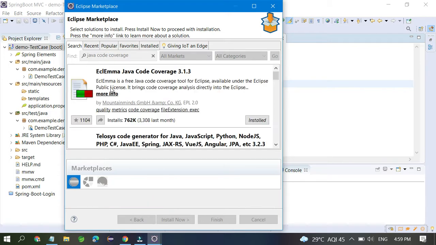Okay, you can see here EclEmma Java Code Coverage 3. Just click on install, and you can install it in your system.